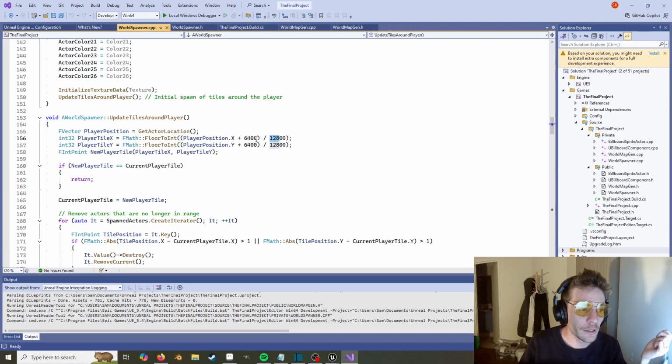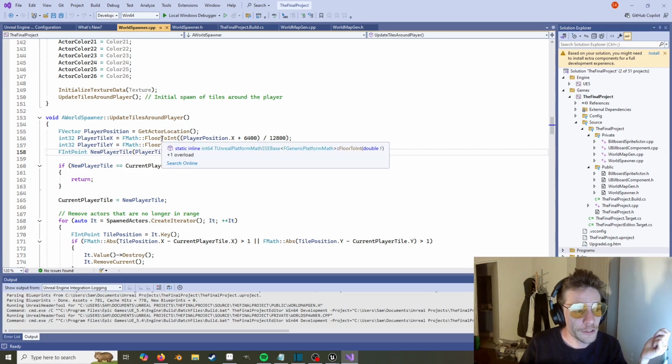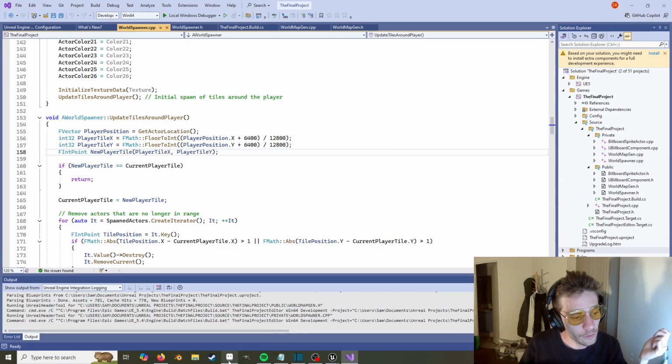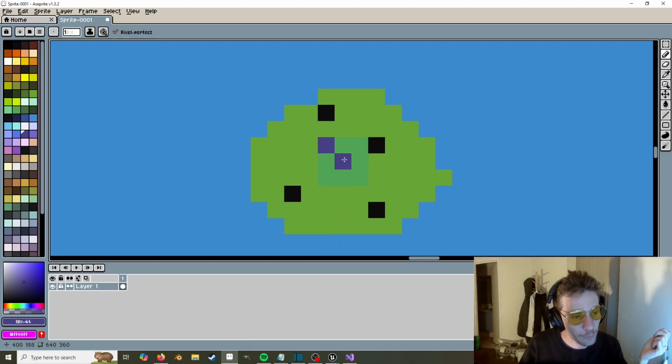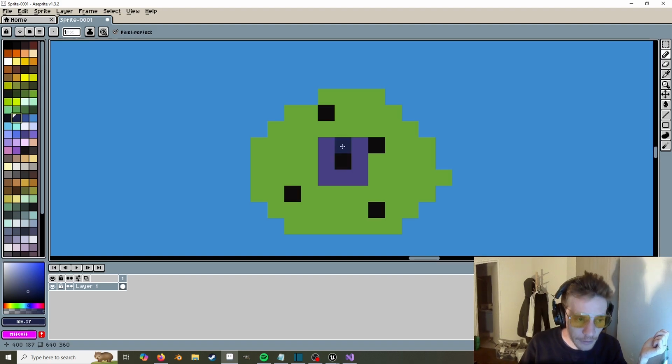So this one is twice as much as this one, and this is just a way to make sure that the player is inside this tile, and we will display all of these tiles around the player. So here's the player, and here are all the tiles the player can see, including obviously the tile the player is on. And when the player steps over here, crosses into that threshold, because the player is in the center,